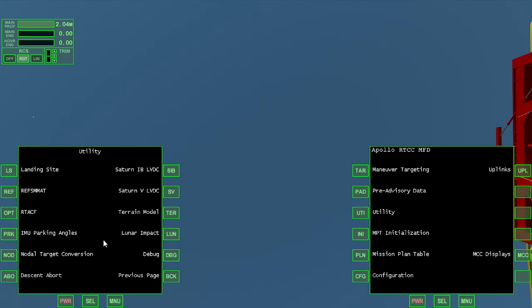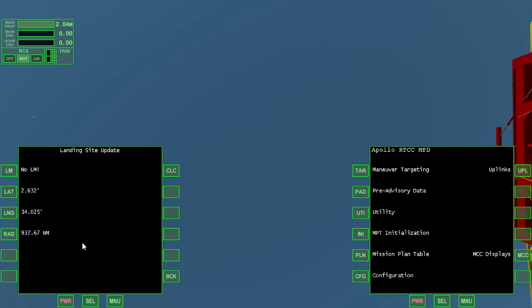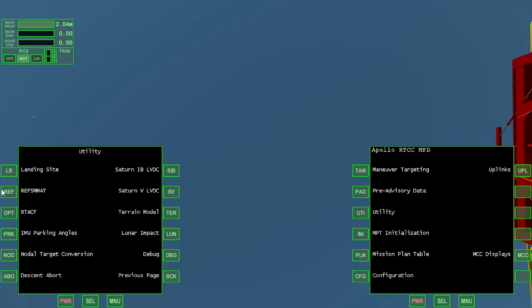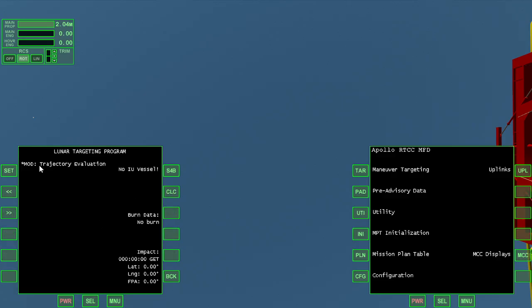Utility, there's a lot of stuff in here. Landing site information, which is pre-plugged in since we're flying Apollo 8 and not a custom mission. We've got RefSmat stuff, nodal target conversion, IMU parking angles, descent orbit, or abort. Most of this stuff we're not going to be touching, just pretty much the RefSmat. But we can also do lunar impact targeting if we're flying a mission which doesn't preload a